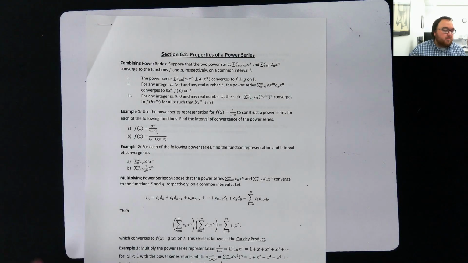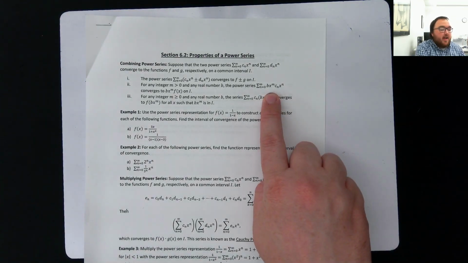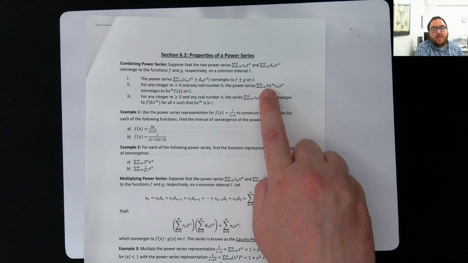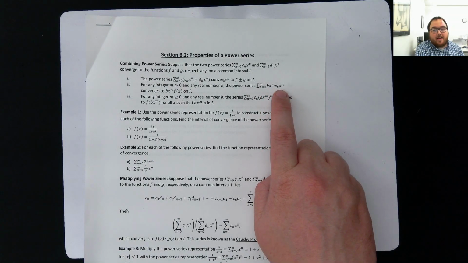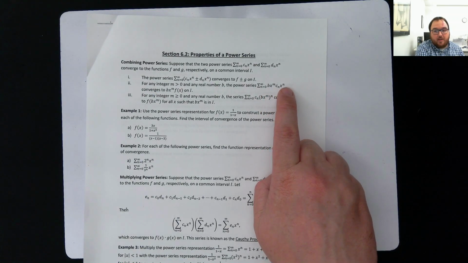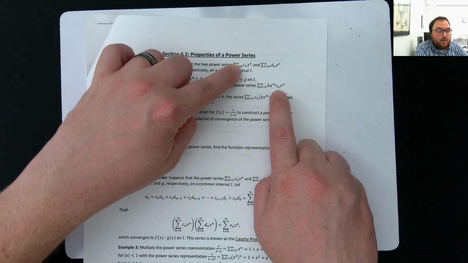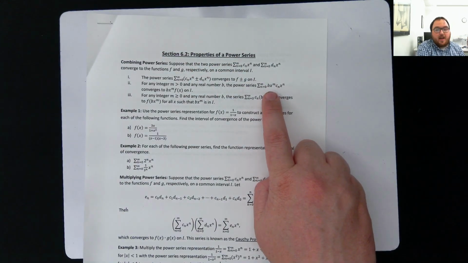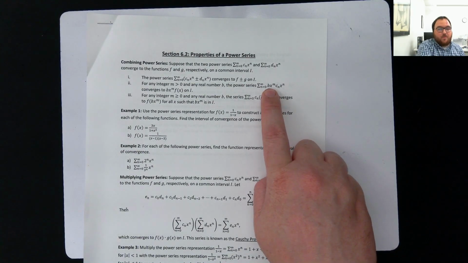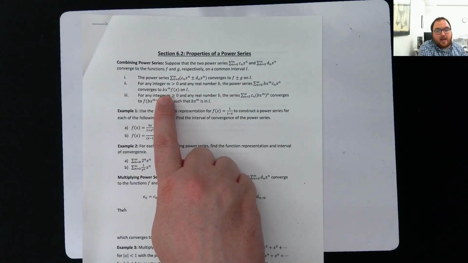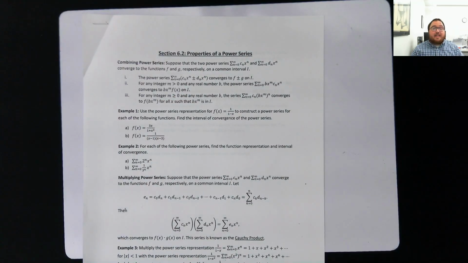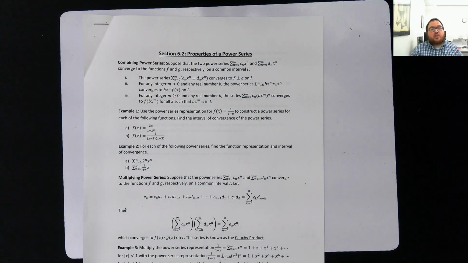Same thing down here. bx to the m. If that is in front of something that I already know, see, I already know this, right? This is something we already know is equal to f, right? Then I can just factor out this b stuff. I can just factor it out front and times it by x. We did that in section 6.1. We just didn't use the